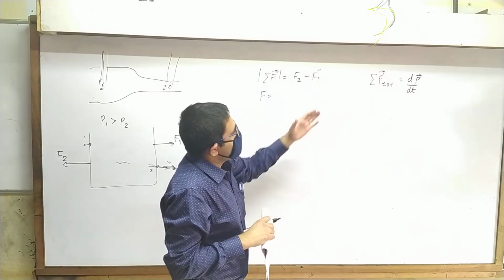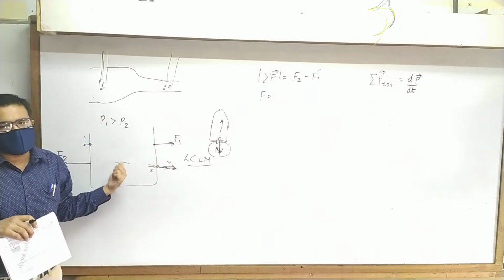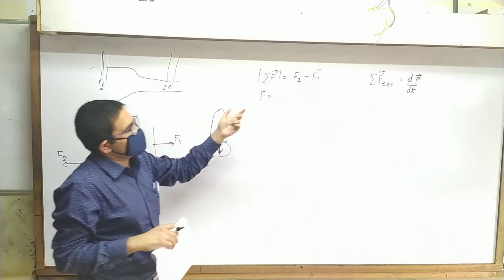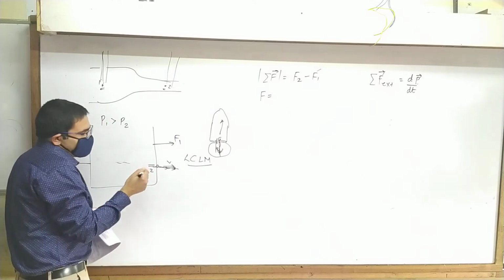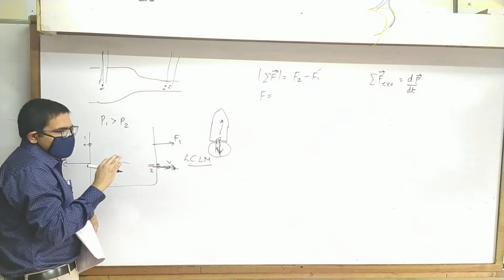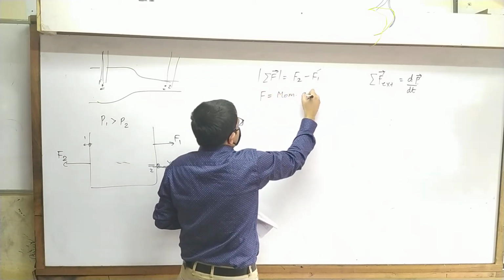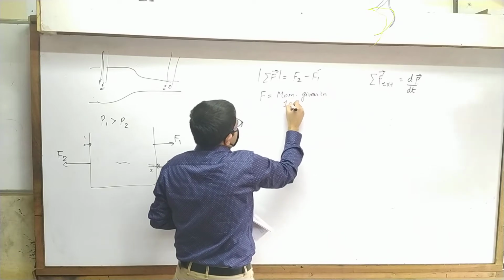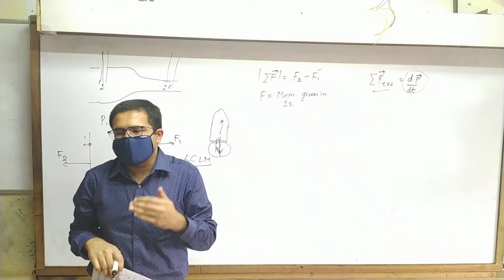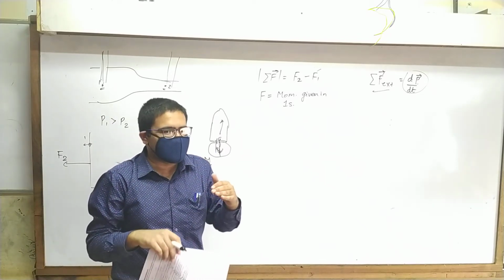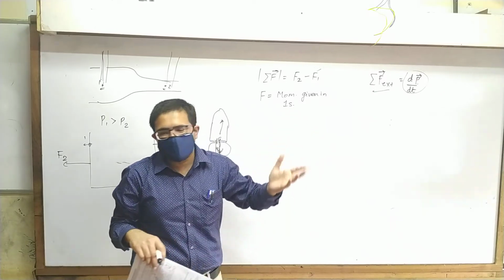So what happens is when this fluid goes out, it will give it some momentum. That's what gives it force. Because force is nothing but change of momentum. And whenever you apply force, momentum will change. So let's find out how much momentum it leaves with. Right? So force is nothing but momentum given in 1 second. I hope you see that here based on this definition, dp by dt is how much the momentum is changing, or how much momentum is given per unit time.